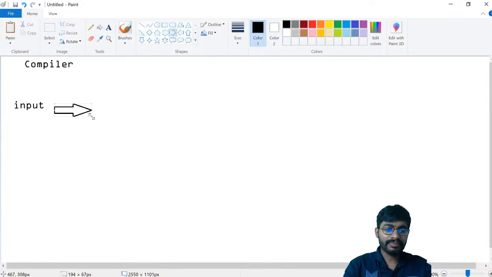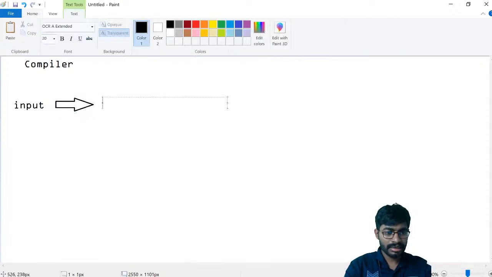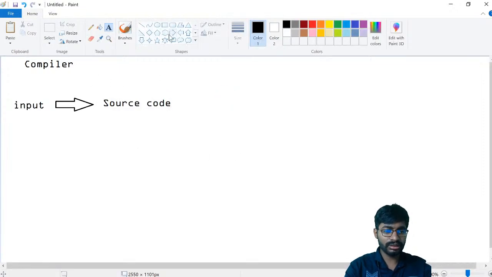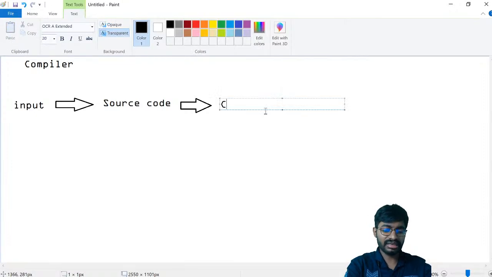Through that we generate a source code. Input, and from that we provide the source code, and through that source code we have one more process known as compilation. What is the procedure of the compilation?